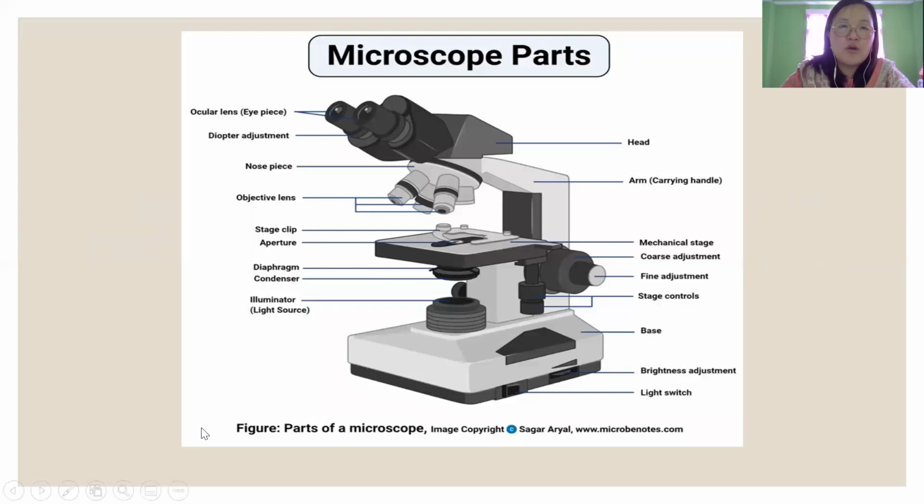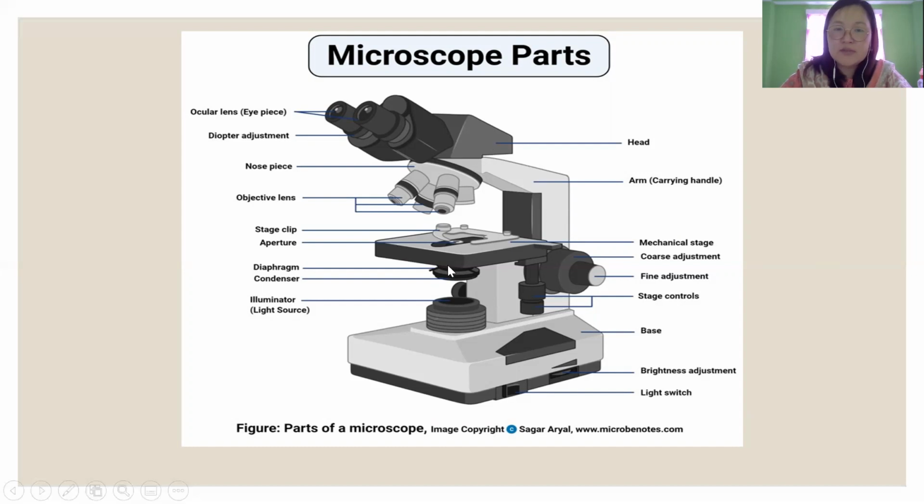So this is the whole microscope. The basic microscope which we use in our lab is the compound microscope. A compound microscope has different parts: number one is the stand, then the stage, then the illumination system and the optical system. If you can see in this picture, these are the eyepieces, and these are the objectives. This is also called the head. These are the arm, and taken as a whole you can call it the stand also.